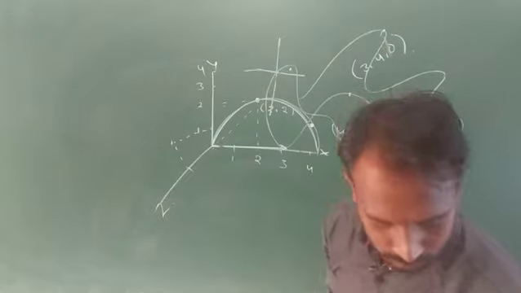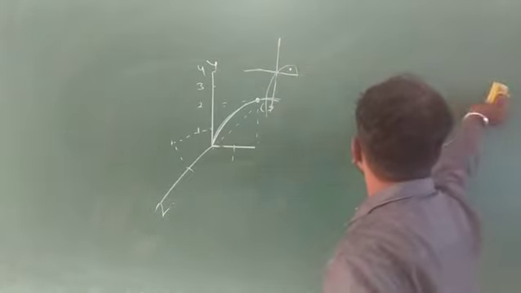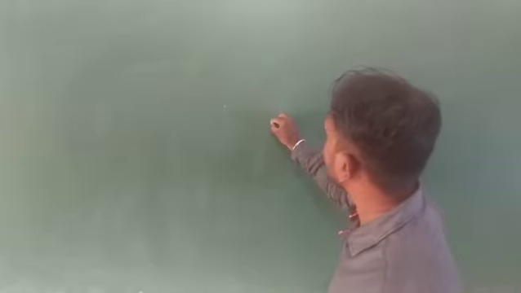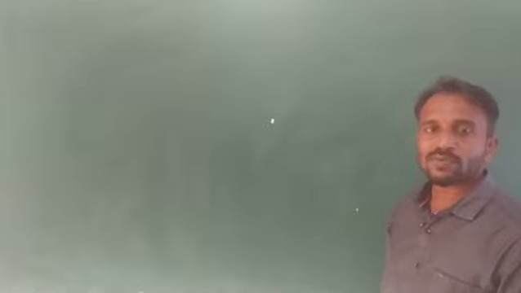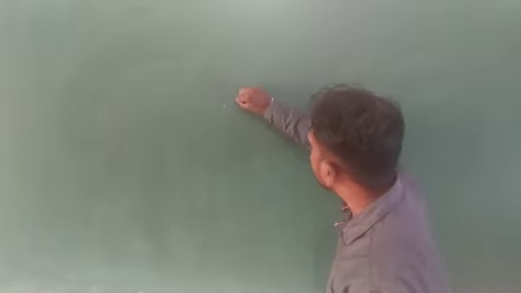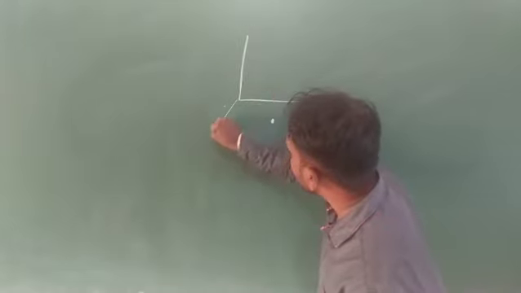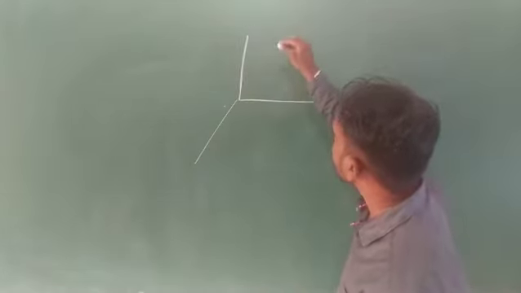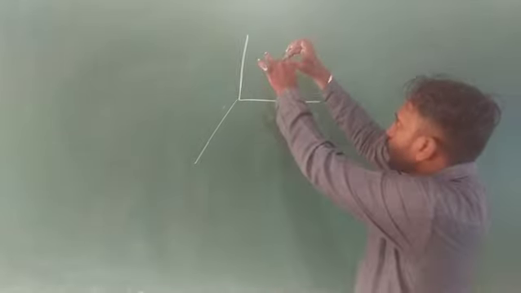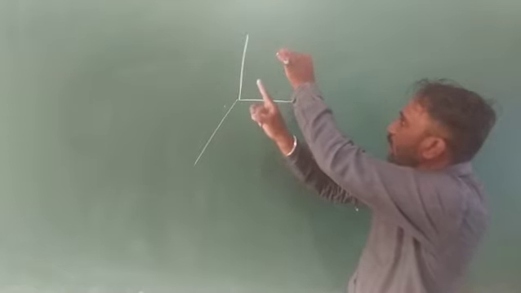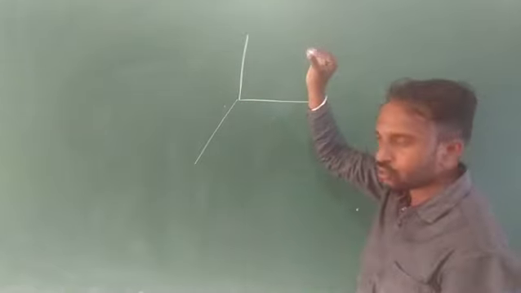Suppose here we consider that this one is the position of an object. Suppose the position of the object is in space. The object is in space. Suppose y coordinate, x coordinate, and this one is the z coordinate. Okay, suppose the object position here. We want to find the position of the object. We require the x coordinate, y coordinate and z coordinate. Then only we will find this position of the object.